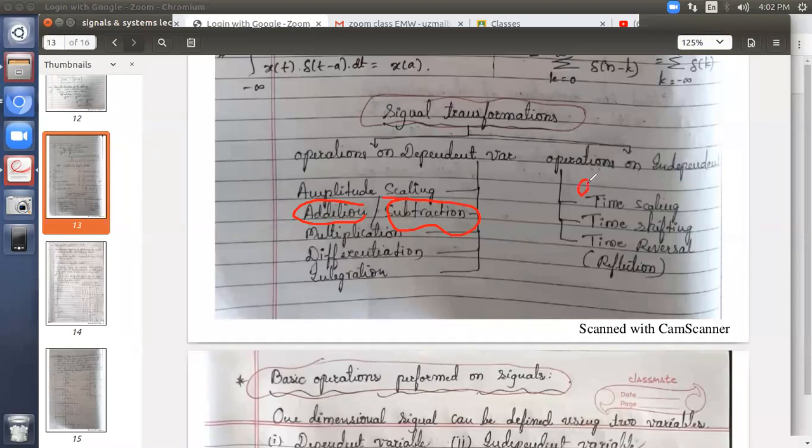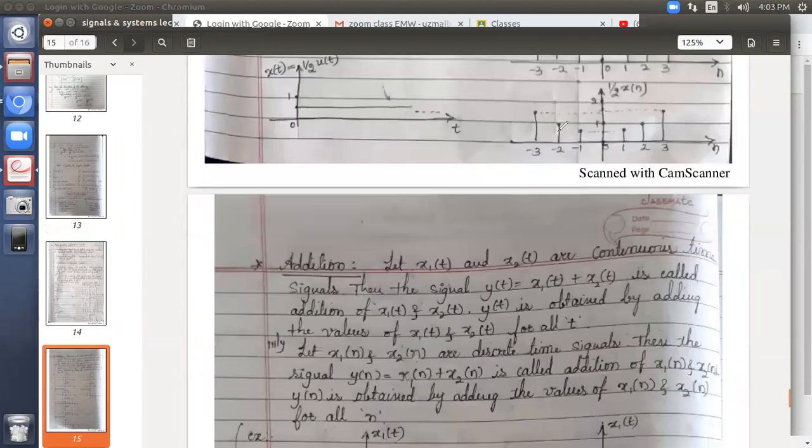How? See, if you have the addition of two values a and b, you will write like this, a plus b. If you have the subtraction of two values a and b, you will write it like this. Okay. But how you can write this? It is a plus of minus b. So subtraction is a special case of addition. Hence, we'll not deal with it separately. With the given example only, let us try to understand how subtraction is done.